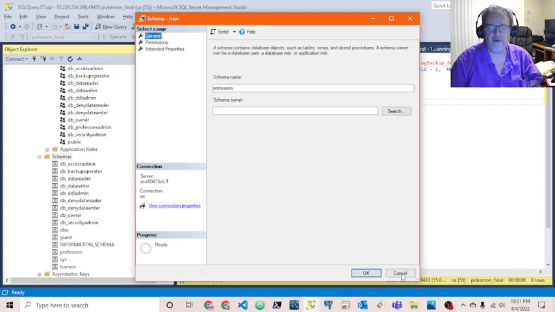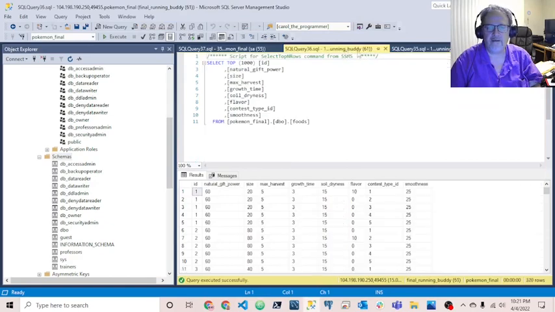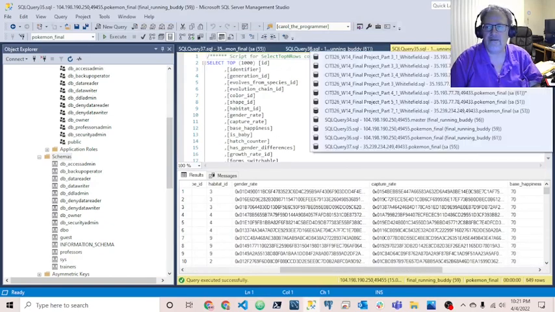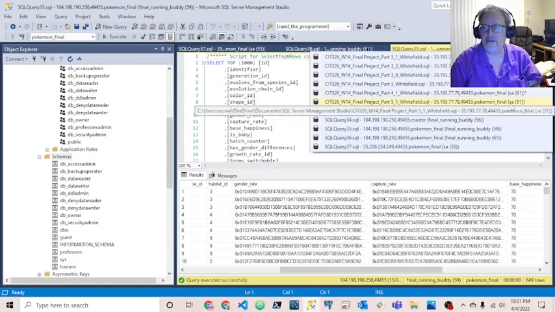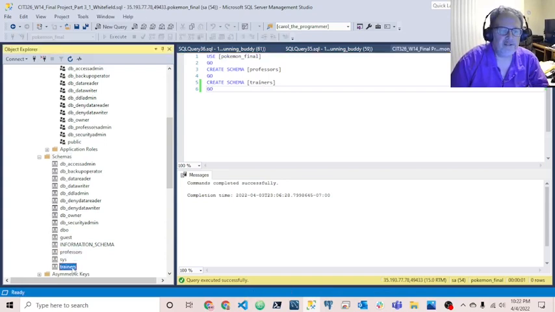And I just clicked on OK. I could also have done that by coming over here and, let's see, the one I want. By doing that, I could simply just say create schema professors, create schema trainers. I could do it all in one command, and when I'm done, I have the professors and the trainers schema,